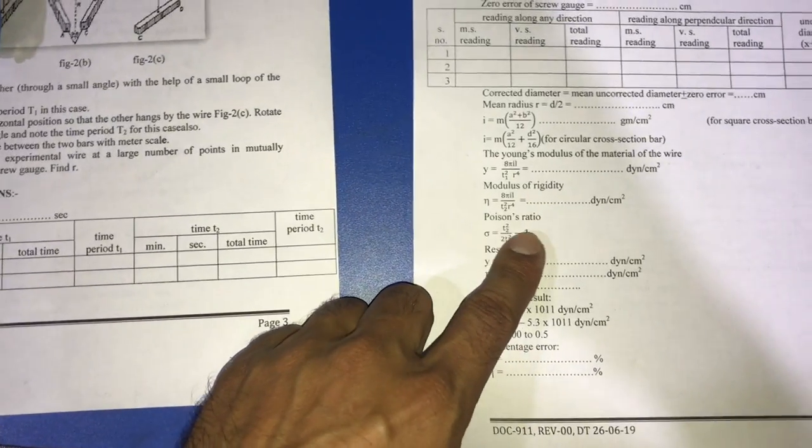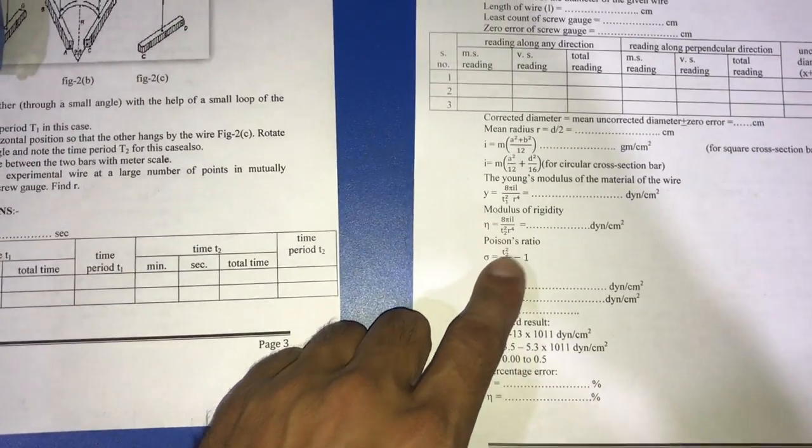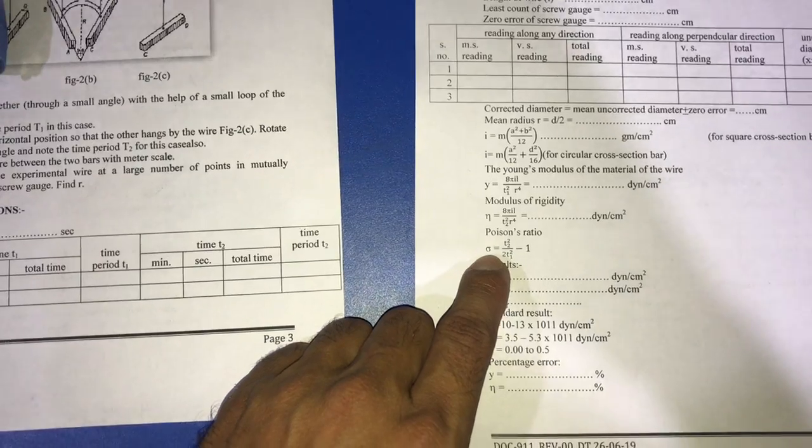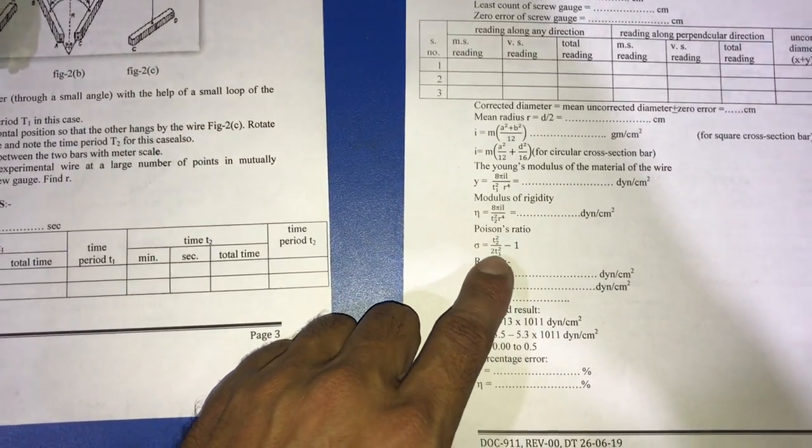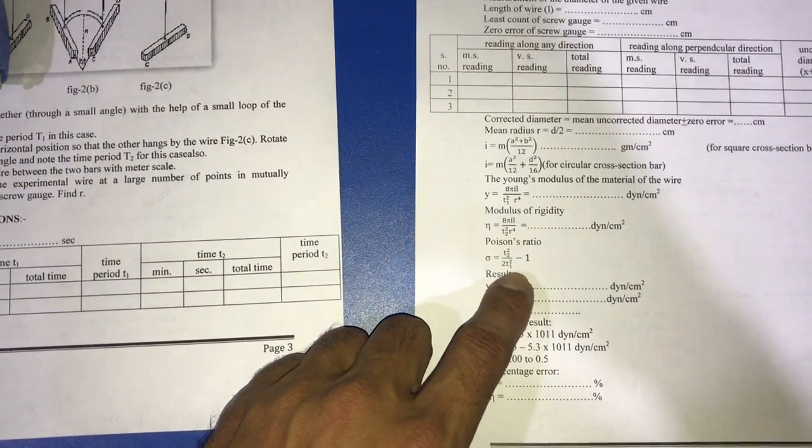and we can calculate the value of Poisson ratio by using the formula T2 square divided by 2 T1 square